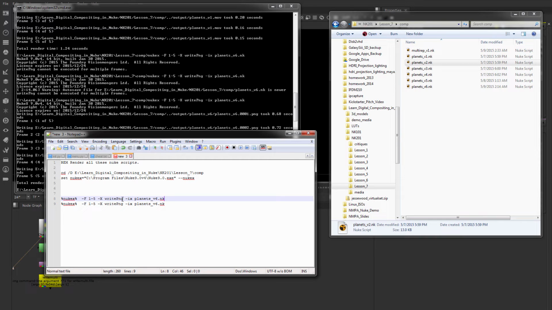And the others don't have the write PNG, so let's take that out. We'll write out all of the right nodes for all of the others. So I'm just going to copy and paste to duplicate this a few times. And we'll make this one 4, 3, 2,